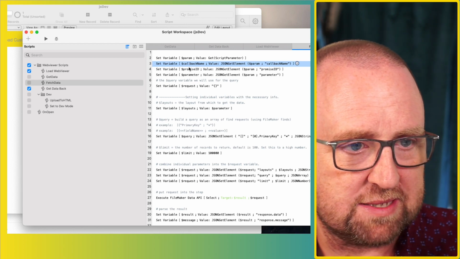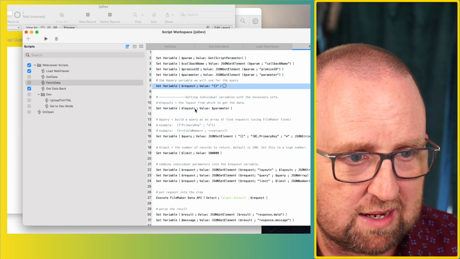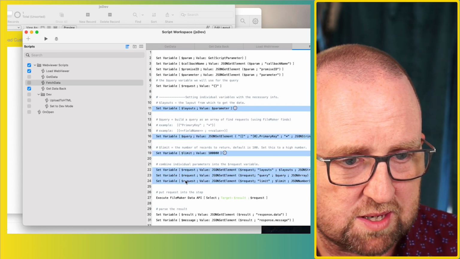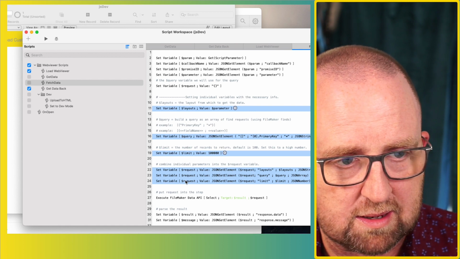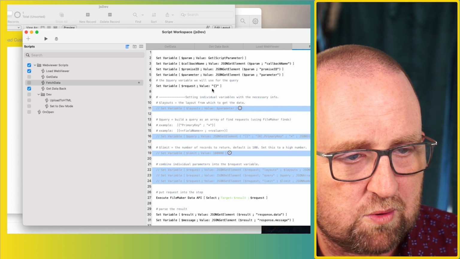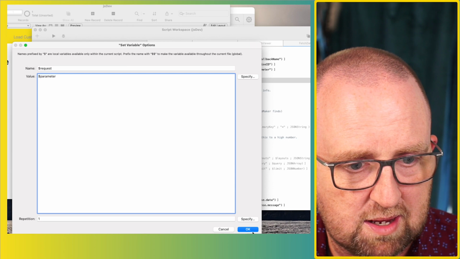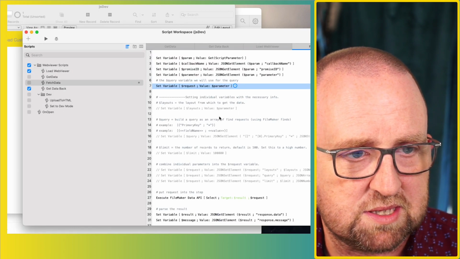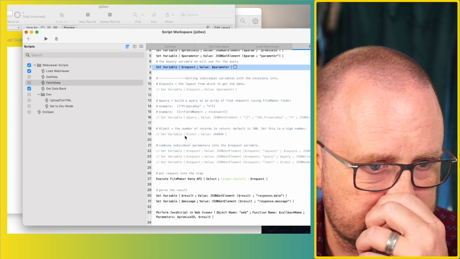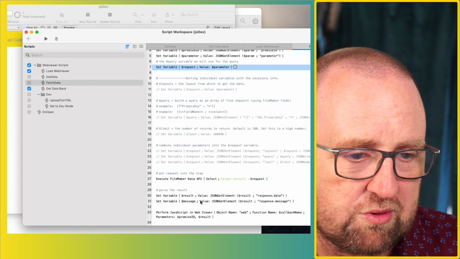All right, so I'm passing the query in right here. The request is here. Now, I don't need any of this stuff because the query is coming from FileMaker. So all I'm going to do is say request is the parameter, just to kind of keep my syntax going. So the request is that full parameter. So the request will go in there. And then the result